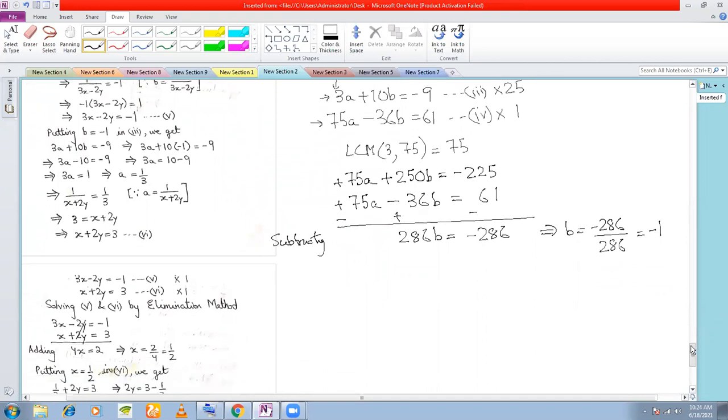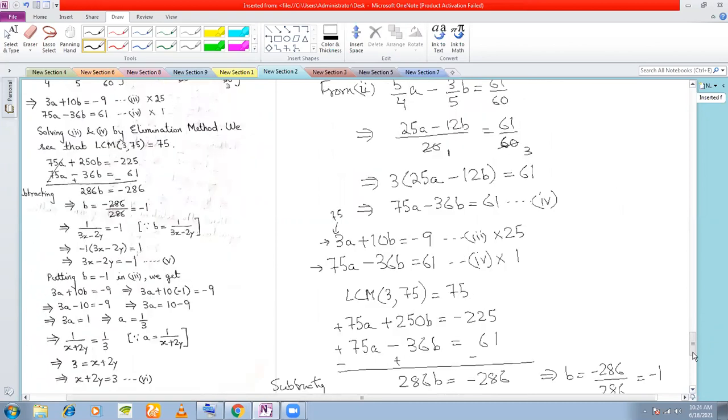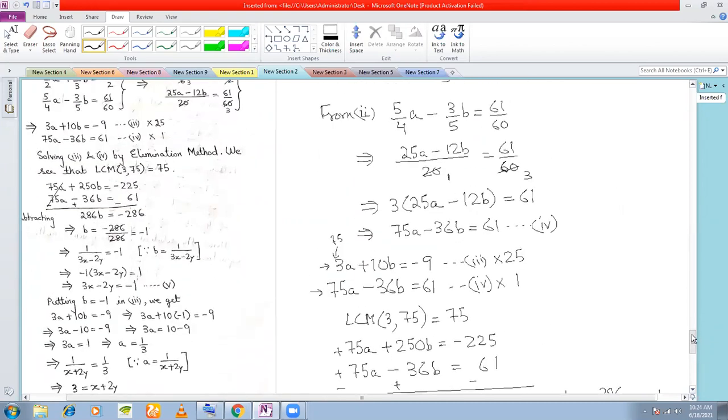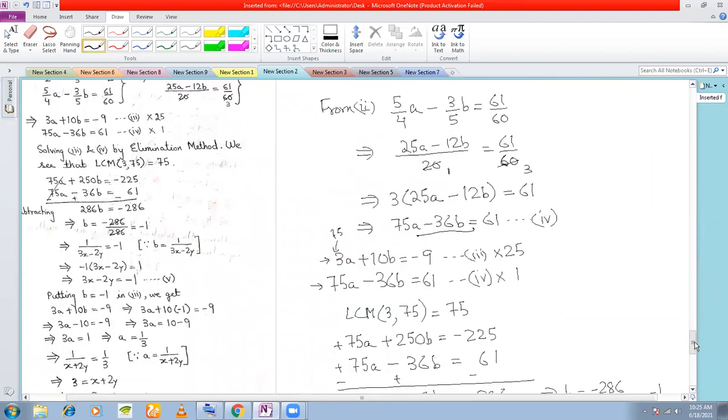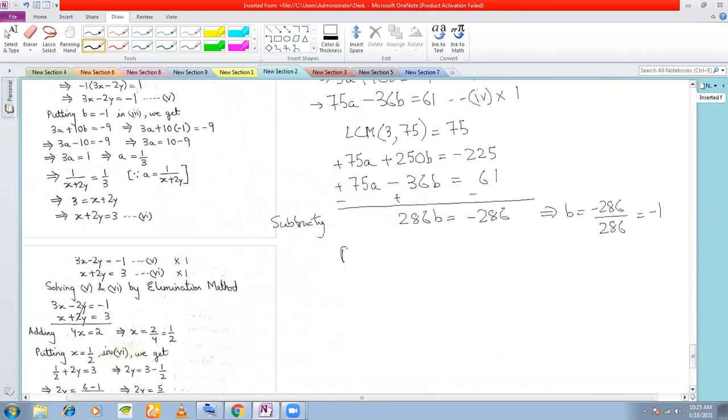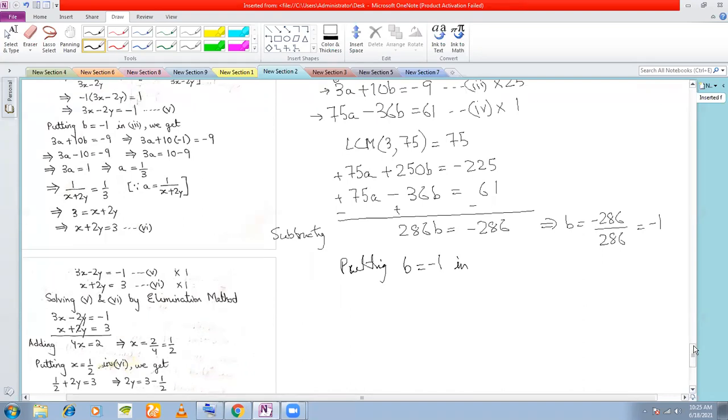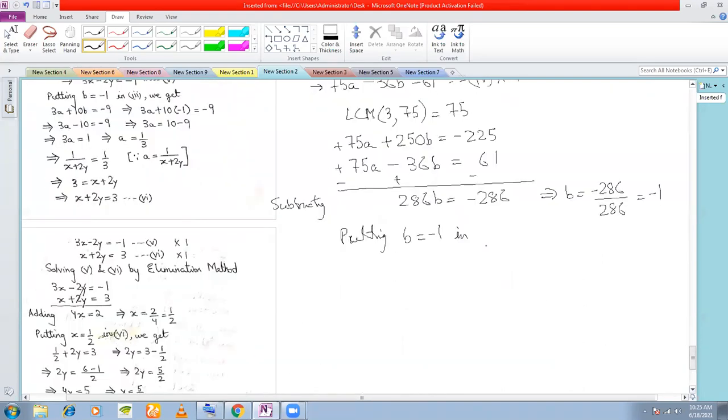What about the value of a? Now, in order to get the value of a, you can substitute the value of b is equal to minus 1 in any of these two equations, either 3 or 4. Let us put in 3 because see, it has lower coefficient, 3, 10. So let us put it here. So putting b is equal to minus 1 in 3, we get